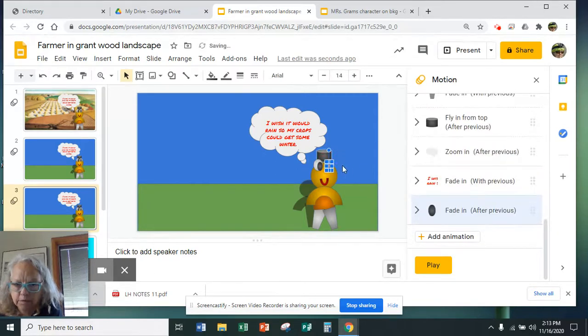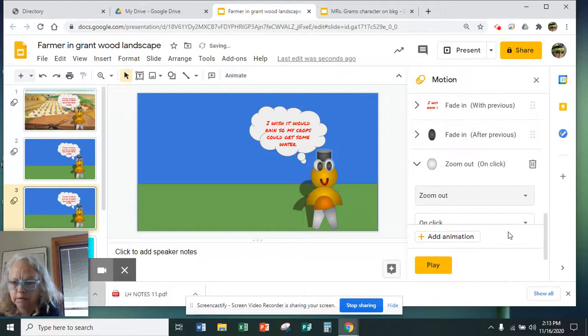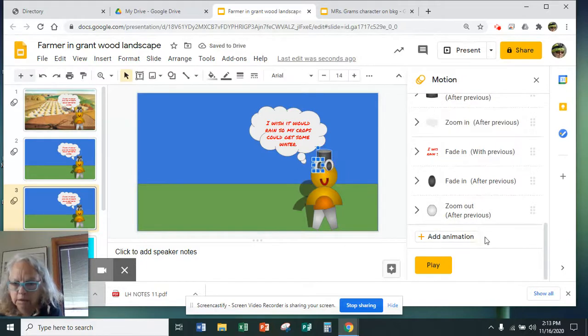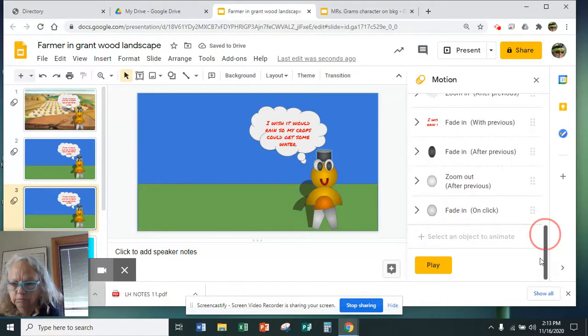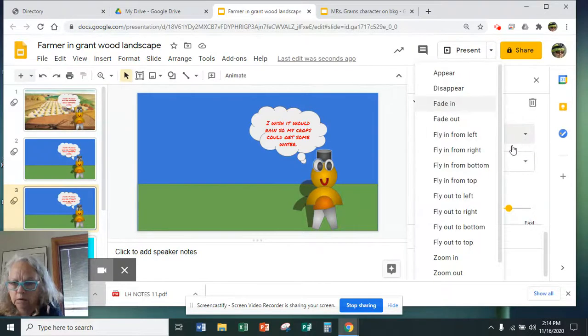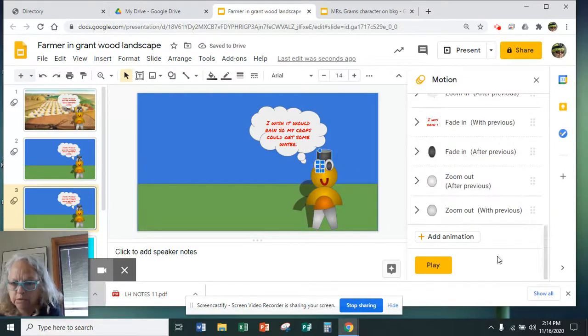But I want the background to the eye to zoom out and that's going to be after the previous, and I'm going to do the other eye is going to zoom out after with previous. That's going to come with the same eye, and then the eyeball is going to fade in